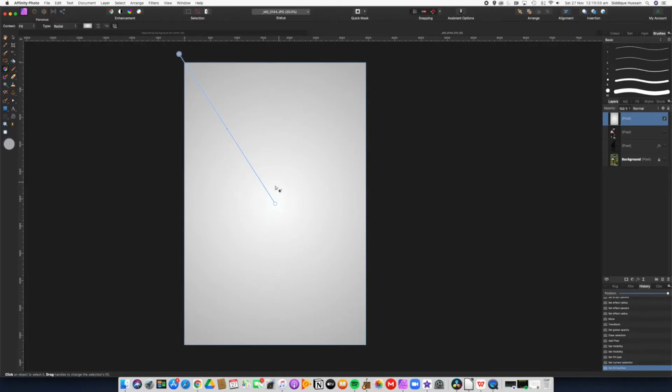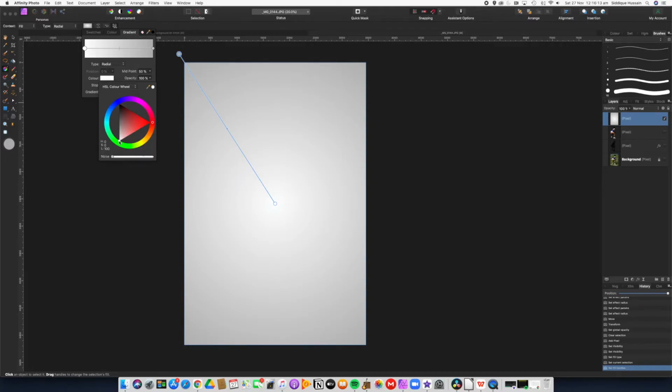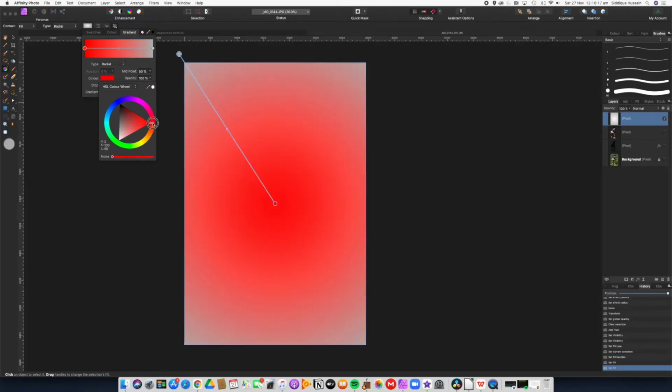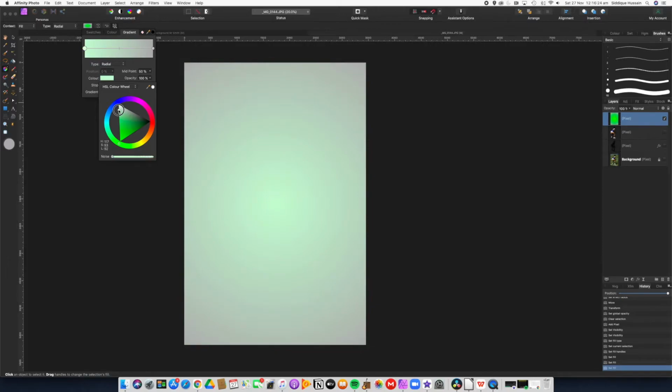Okay, so what we've got there is a very light grey to a slightly darker grey. So we click on the swatch there just so that we can change the colours. So the centre one, we do want it to be a light colour, but I don't want it to be white. I want it to be green. So if we say somewhere along there in the green part of the spectrum, and we want it to be light green, say something like